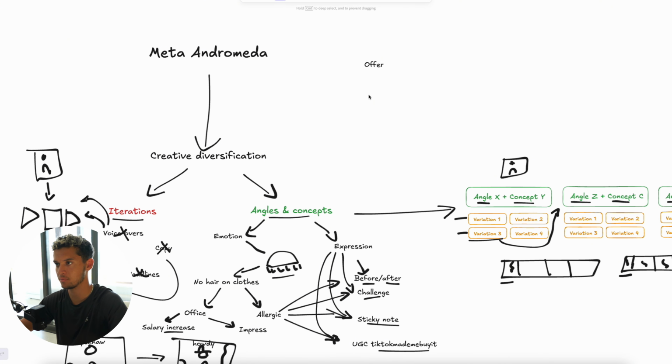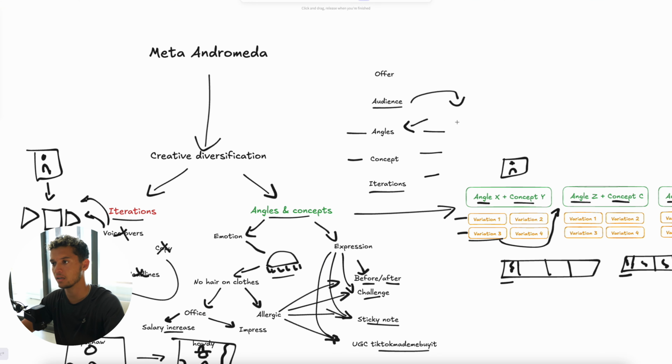Each offer can be sold to multiple audiences, and each audience buys the product for different reasons, and all those different reasons can be expressed in different ways, and then all those ways can be iterated. This is the ladder. So right now we're working on here to here and iterations, just to get better at doing these. But if we unlock another audience, we get all of these again, and we double our revenue, basically.